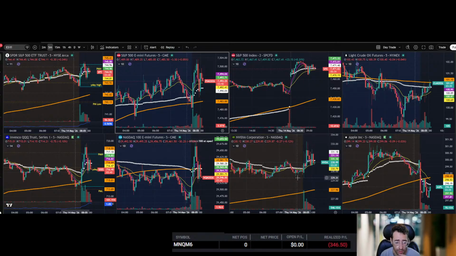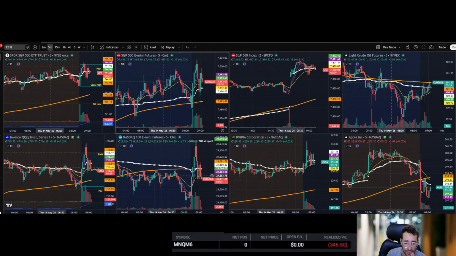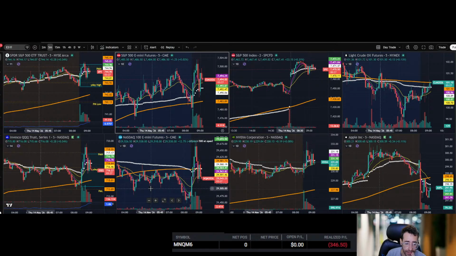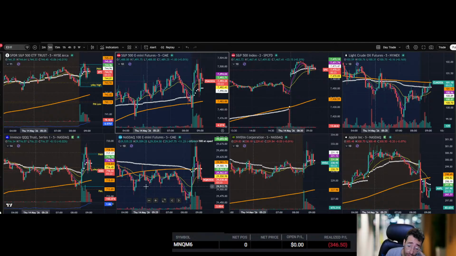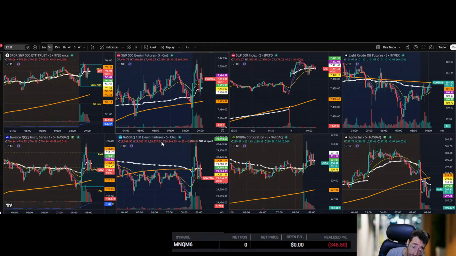Right now we're just in the middle of nowhere. Here's the day's high, here's the day's low, and we're right in the middle of that. You never want to trade right when you're in the middle of that, ever. Now, if we were already short, then I would say, okay, hold it and stop at break even.